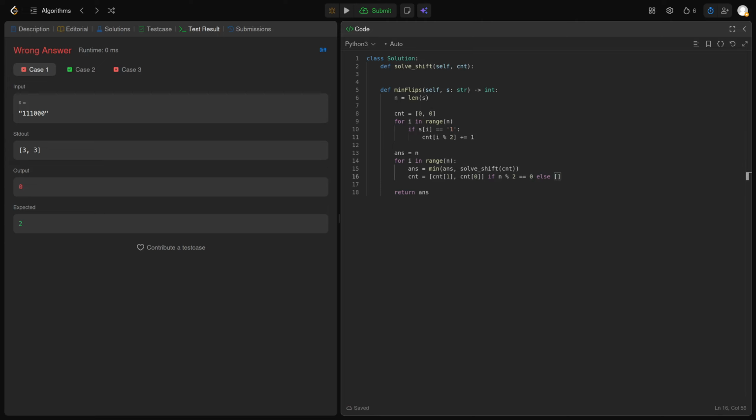And then if we have odd length, then it depends on the, so all shift, then we want to do send even is equal to count 1, count on is equal to count 0. Now the problem is I swap the counts, but in reality,